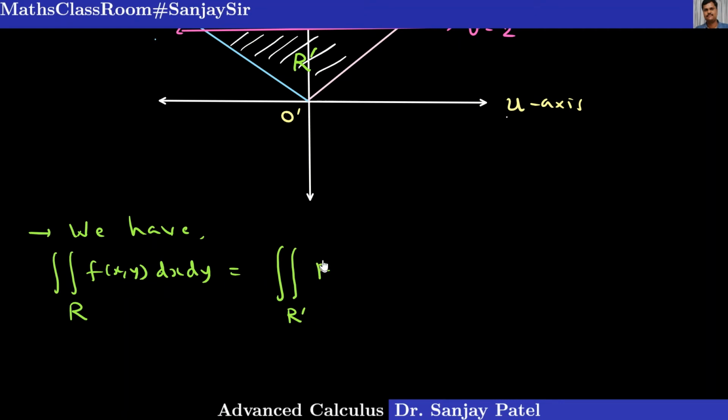Everywhere when x or y appears, we substitute the relations and get a new function of u and v, and here we write mod J into du dv. So according to this formula, we can write